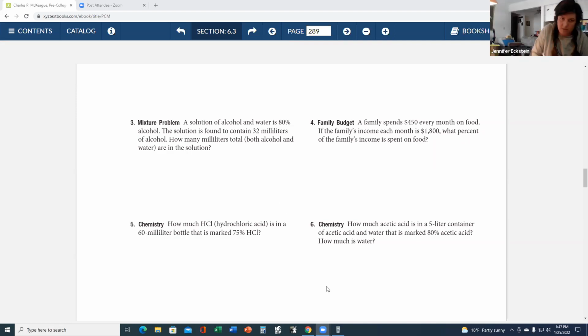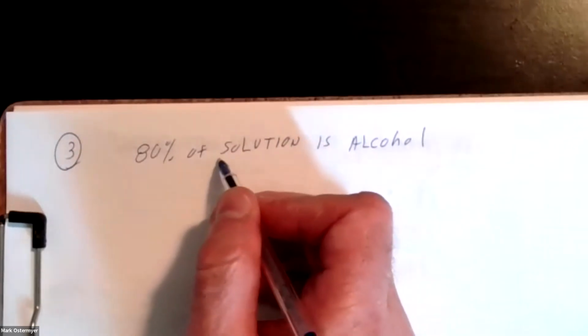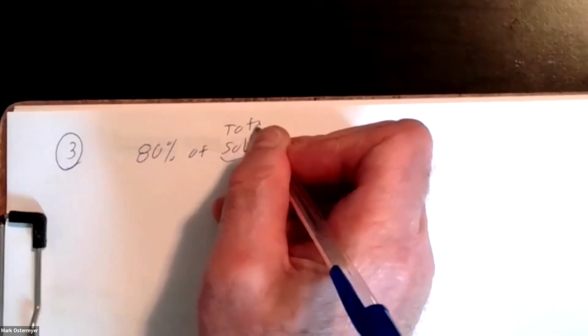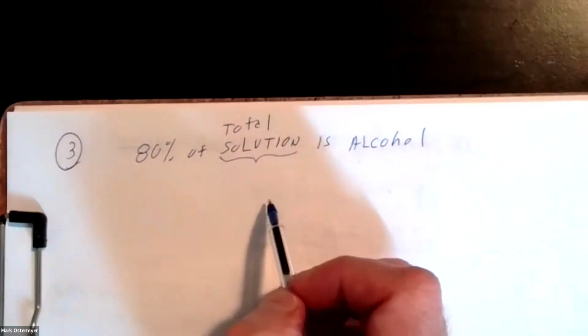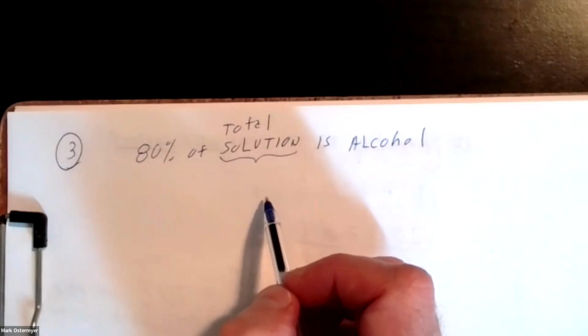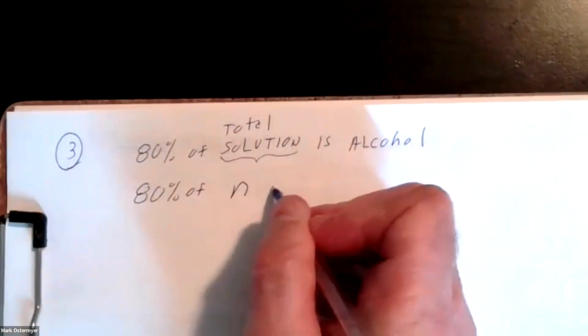Now, 80% of the solution, but do we know how much solution there is total? 80% of the total solution is alcohol. We don't know how much total solution there is. Do you agree? Right. That's a variable. So 80% of, we'll call it N, equals